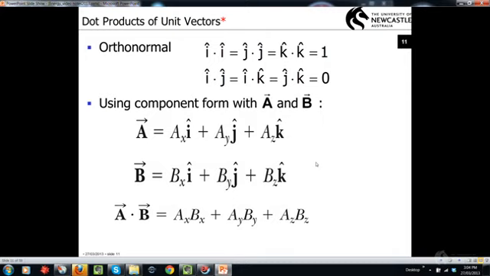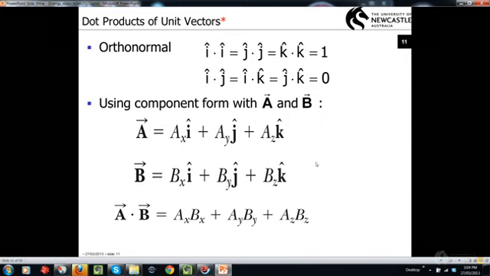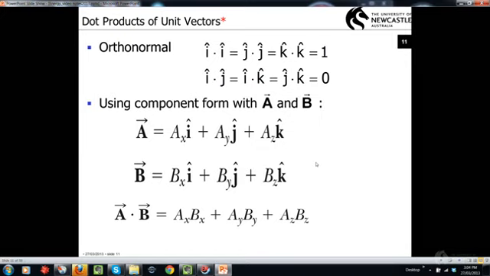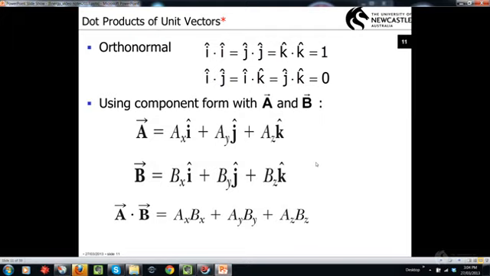Each of those i's has a unit magnitude and the angle between them is 0. So i dot i, j dot j and k dot k are all equal to 1. And that means that if we go through our normal mathematical process for doing this, then we can find a result for A dot B in terms of the components of the